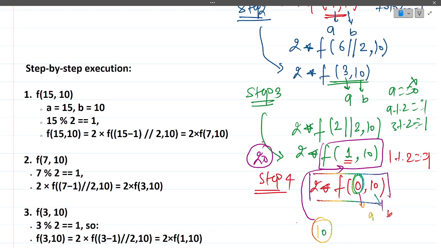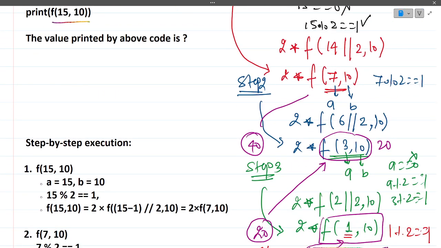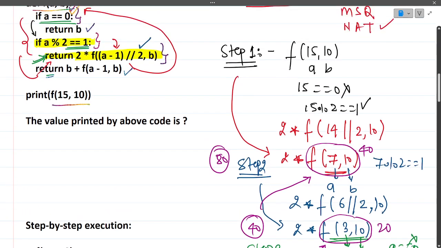This 20 we get from where? From the call of this. That is here, f(3, 10) is going to be replaced with 20, and 20 into 2, that is 40. 40 is replaced here. This 40 is going to be replaced with the value of f(7, 10). Because of this call we got this 40. So 40 into 2, 80. And this 80 is here because this particular function was called,